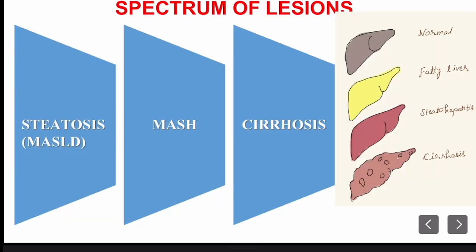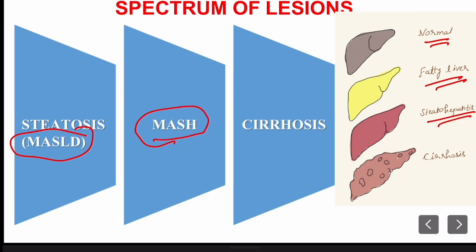Now in this slide, this is just a visual depiction of what I told in the last slide. So the normal liver starts accumulating fat when it develops MASLD. Mostly this condition is non-progressive, but it can progress to metabolic dysfunction associated steatohepatitis, and in the steatohepatitis, the liver will get damaged, the hepatocytes get damaged, and there is increased risk of fibrosis as well as cirrhosis. In steatohepatitis, the liver is fatty as well as inflamed.